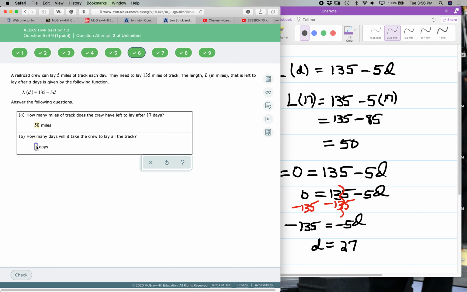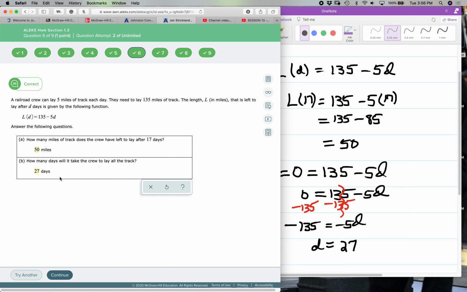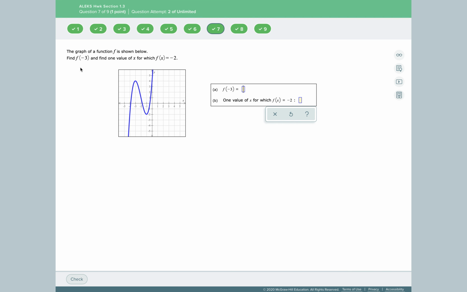So you have 27 days altogether, and checking the result, it is correct. Okay, for this item we have the graph of a function f is shown below, and